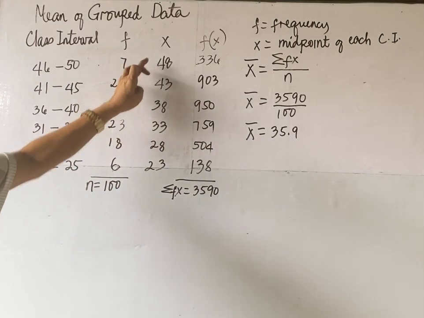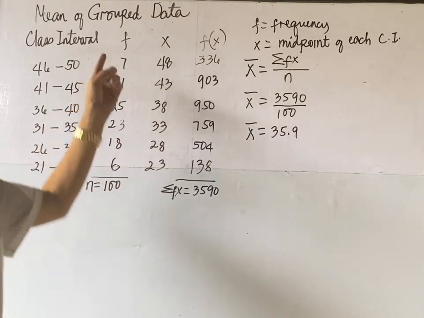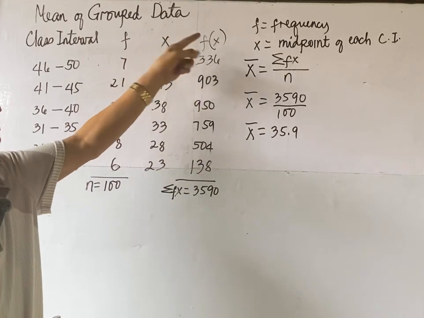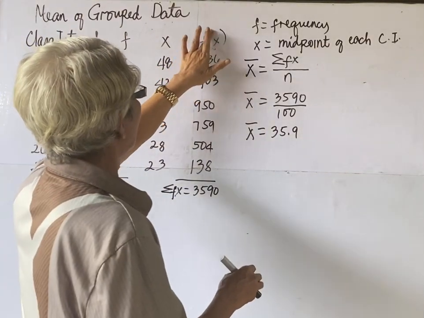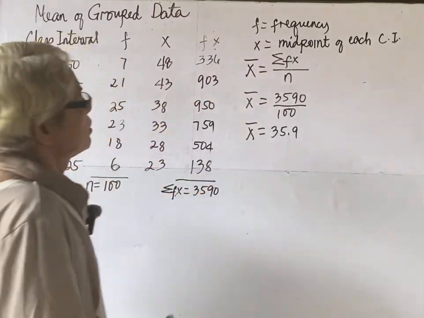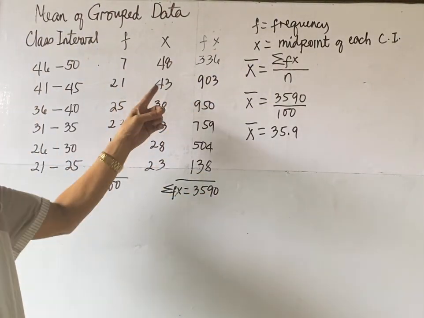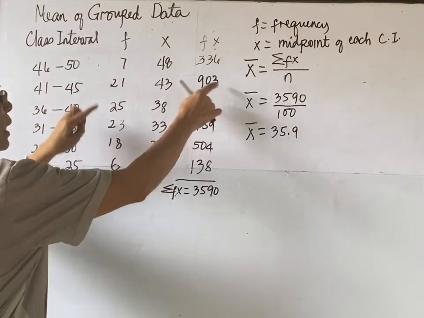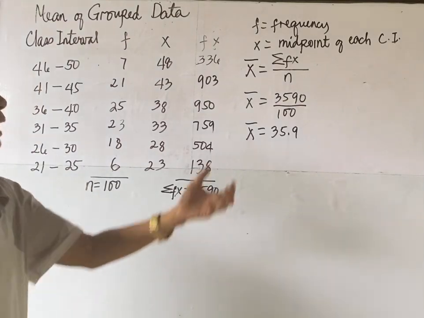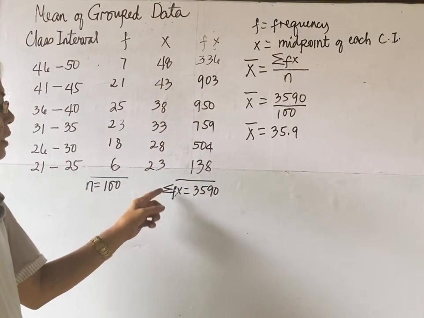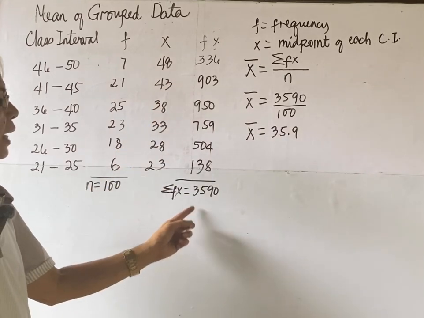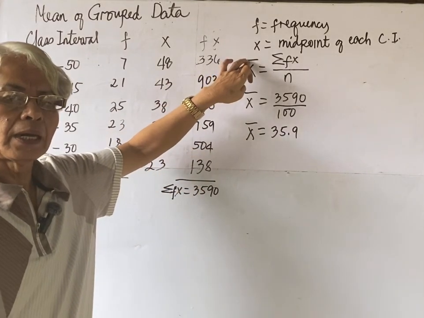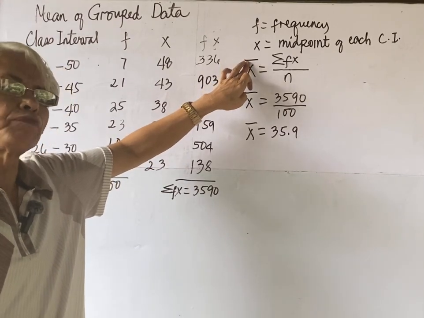Then, pag nakuha nyo na yung midpoint, you are going to multiply the frequency and the midpoint. Ayun, fx. Okay. Ang product nito, ayun. After finding the product, kuhanin naman ang kanilang summation of fx, 3,590. Ito ang formula, okay, to find the mean of group data